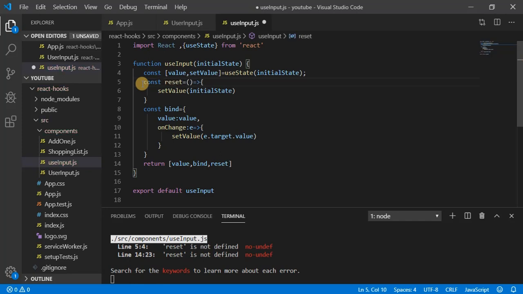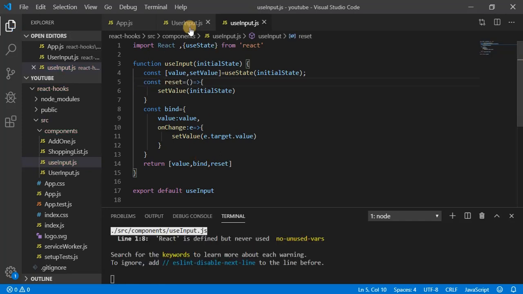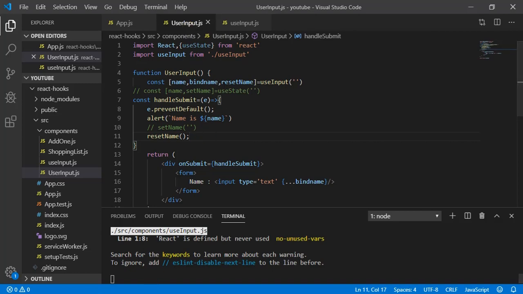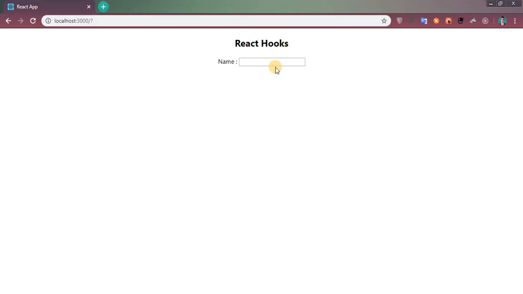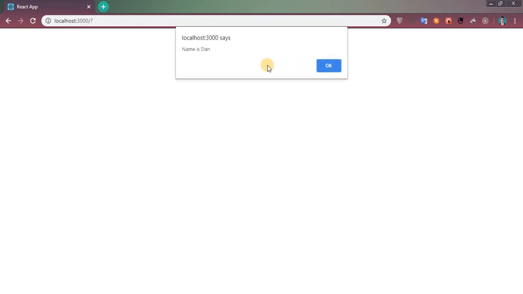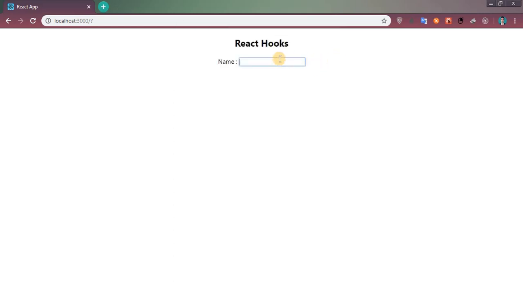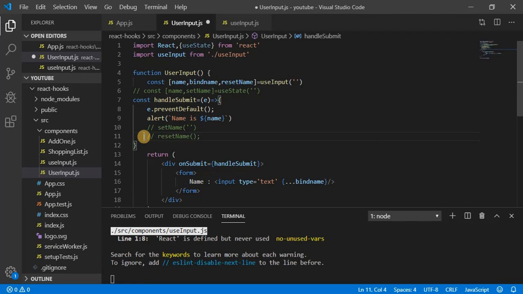Const. Okay, now let's come and use it. I am writing here Dan and hitting enter. Now you can see I am still getting the same thing, right? On the click it's getting reset. So let's comment this one out and do it.